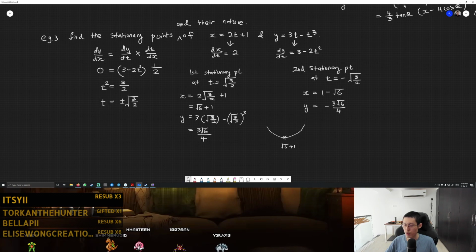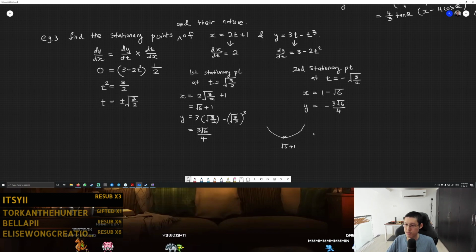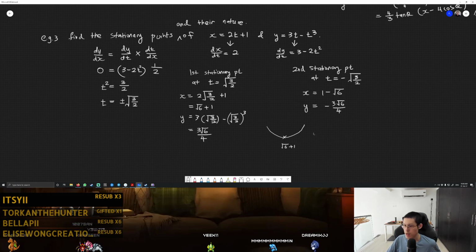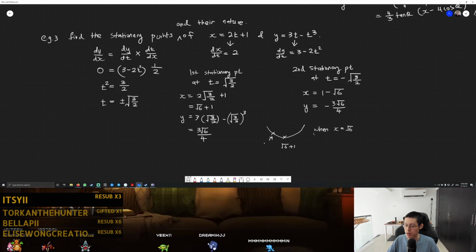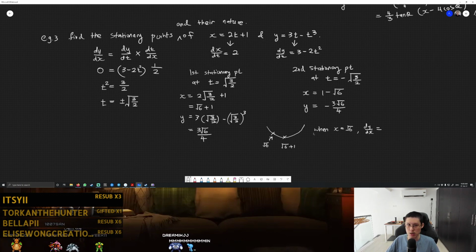So if you find the gradient at a point slightly before it and you get a negative gradient, and you find the gradient at a point slightly after it and you get a positive gradient, that means this point has to be a minimum point. For example, when x is equal to root 6, so we are trying to find this point here, what is the gradient? Well, dy dx is going to be equal to